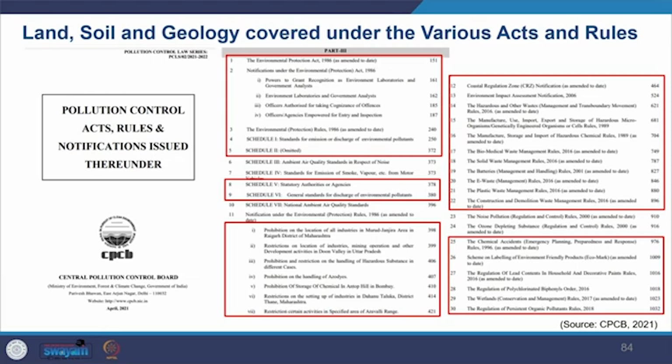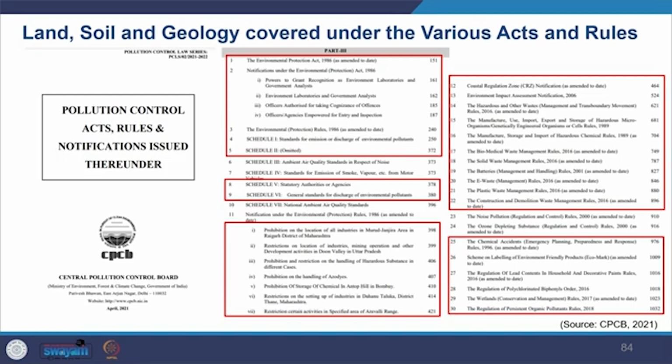In this image you can see the Pollution Control Acts, rules and notifications mentioned in the Pollution Control Law report by CPCB. You can find guidelines related to land, soil and geology mentioned in this report. All the related acts and rules are highlighted here in the red color box. So you can see all of this is in part 3, which is concerned with land, soil and geology